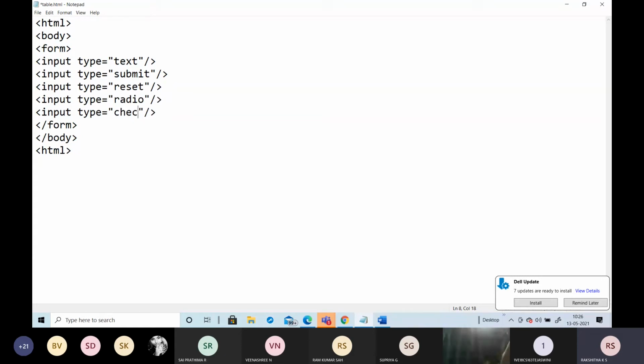Then take one checkbox. Take one more button here. Okay, now save your program.